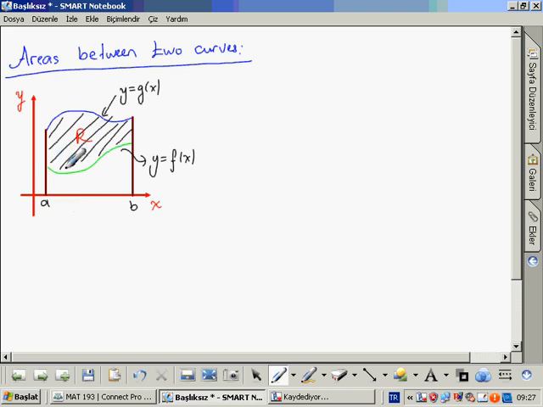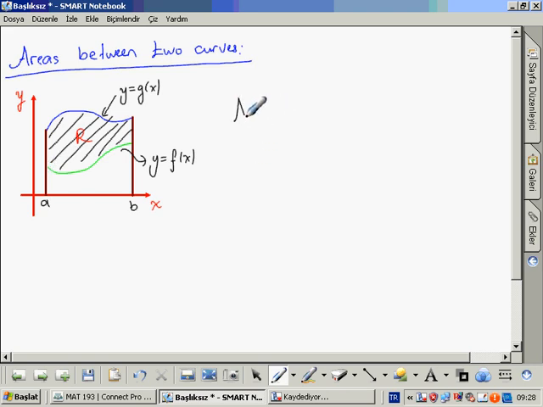As you see, the green one is always under the blue one, so the graph of f lies below the g of x function, and the area A of our region can be calculated by this